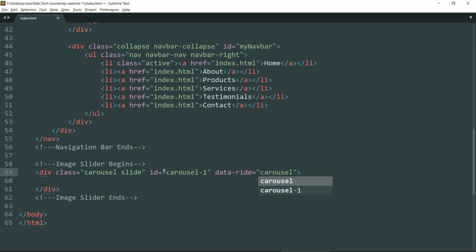Fine. Now this carousel slide defines an image slider in Bootstrap.